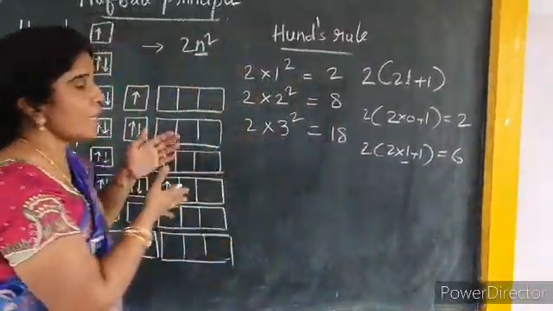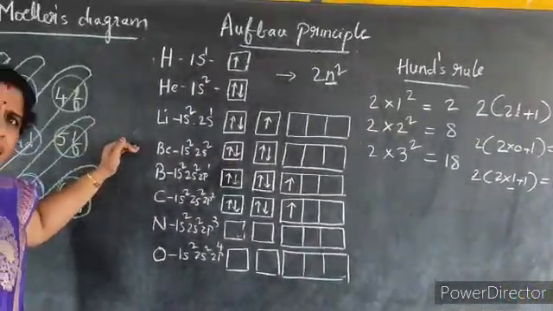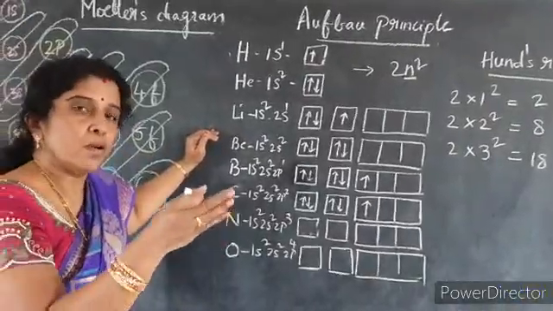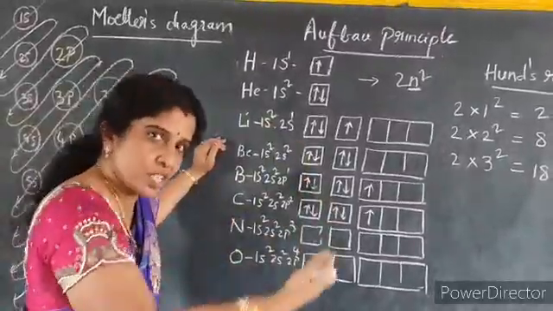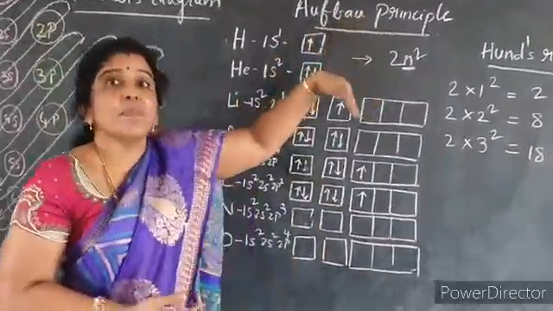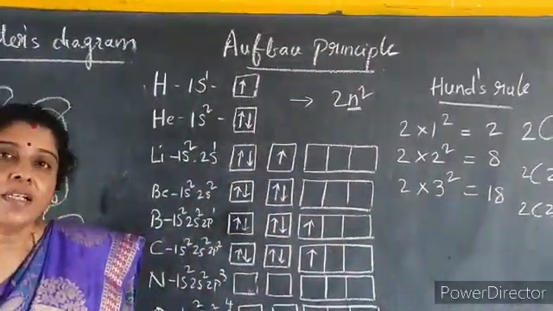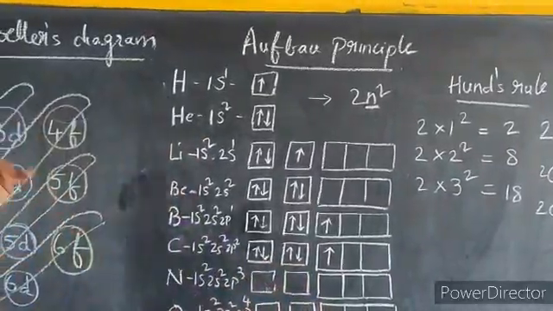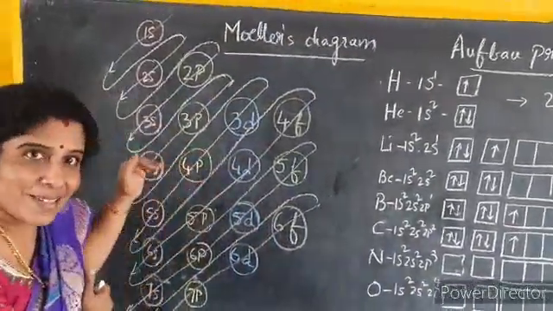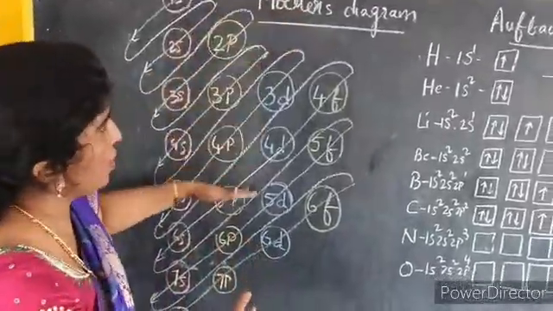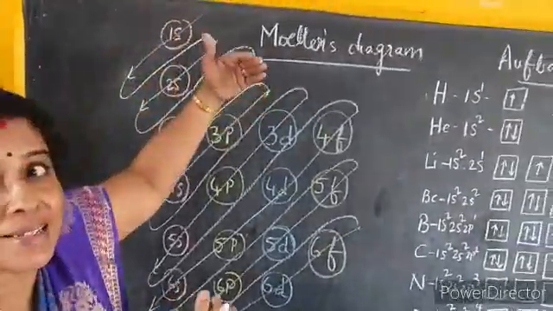Now how are these electrons occupied in the orbitals? Always the electron occupies the orbital which has the least energy. This is how the configuration is built up. Aufbau, the very word, means building up. How is the electronic configuration built up? It is built up by taking the orbitals having least energy. To know which orbital has least energy, Moeller proposed a chart or a diagram. You have to follow this diagram.